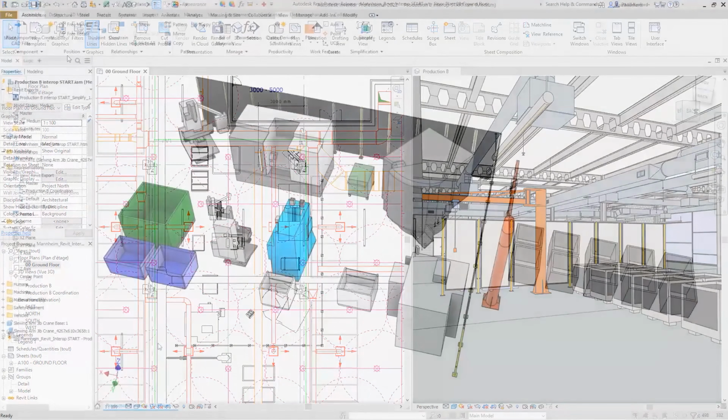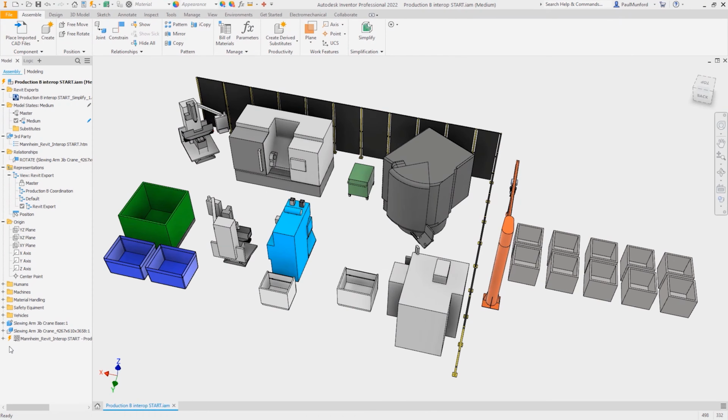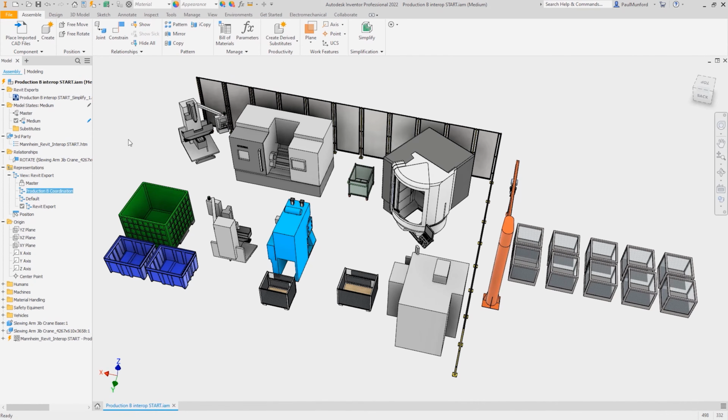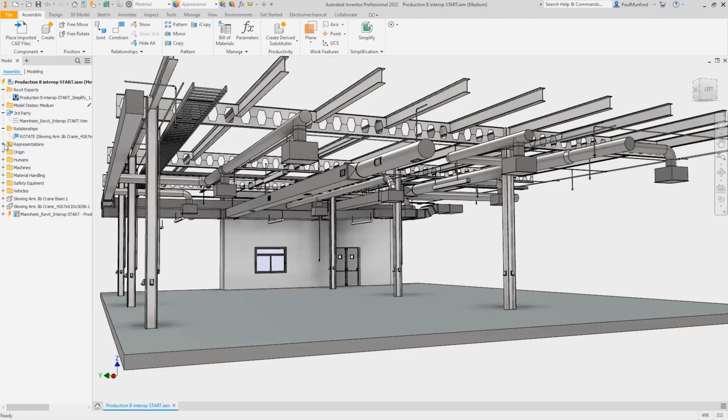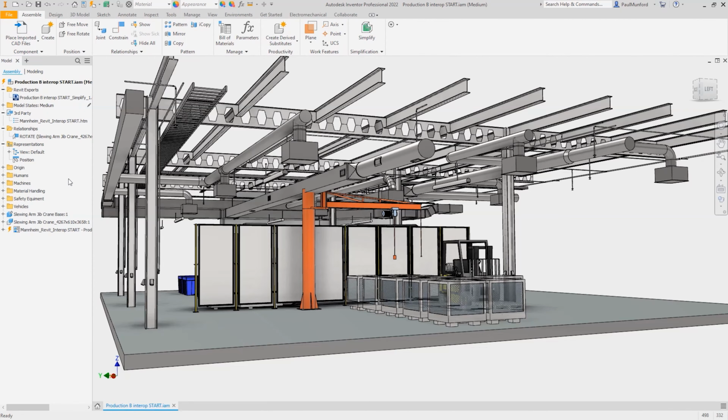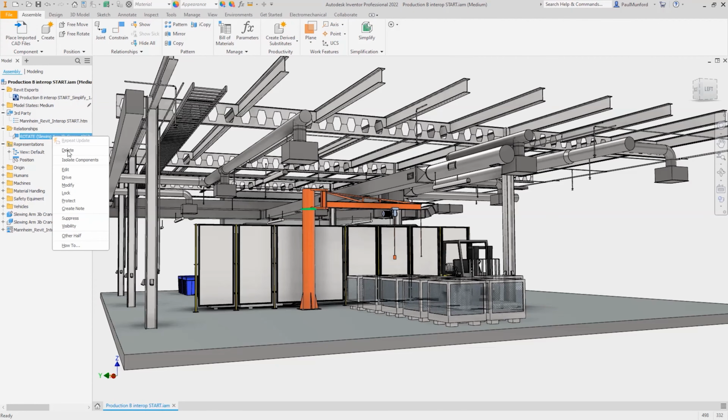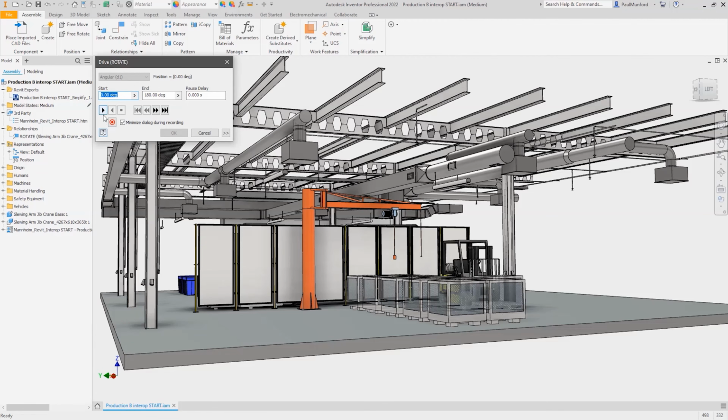And back in Inventor, we'll see a lightning symbol next to our reference Revit model. And we'll also see the update button is highlighted. It looks like a lightning symbol over a piece of paper. And that's because of the AnyCAD system, meaning that when the Revit file was saved, it triggered this update inside Inventor. So we'll click on the update button to receive the update, and we'll see whether the clash has been resolved. So the update is done. Let's swing the jib crane round again and check that we have clearance, and that looks good. So the clash is resolved, and we're ready to move on to our next task.